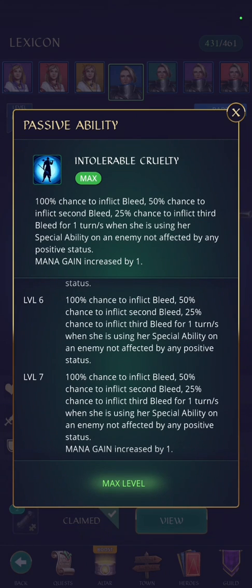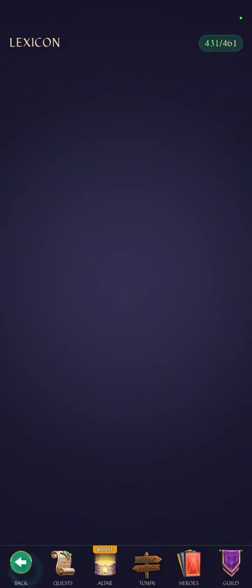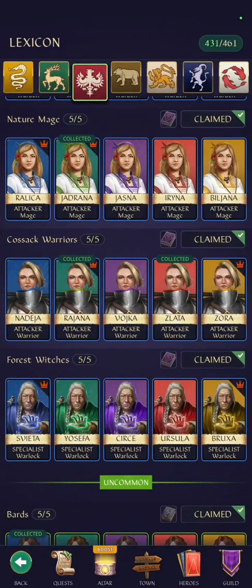And 50% chance to inflict it again, and a 25% chance to afflict it a third time. So her bleed dots are cumulative, which is very helpful. So she does damage, she stuns, and she has the potential to put dots. So that's a pretty strong hero right there, I'd say. When her special ability is used on an enemy that is not affected by any positive statuses,